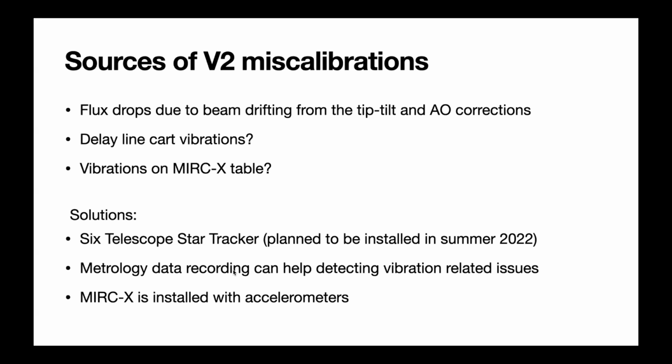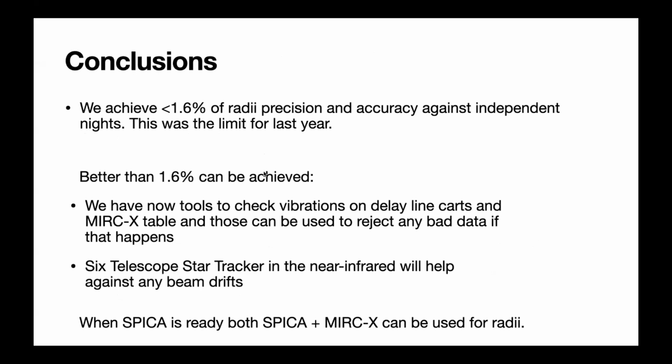So we can compare our data and see if part of the data is bad or something like that. We can remove them. But as I said, we took only half the data. That also limited us in removing any bad data in those observations. So currently we have 1.6. This was the limit of the MIRC-X instrument in measuring the diameters. But in future, because of the 6 telescope star tracker or other tools, that might improve. So when SPICA is ready, probably no one is interested in using MIRC-X for measuring diameters,